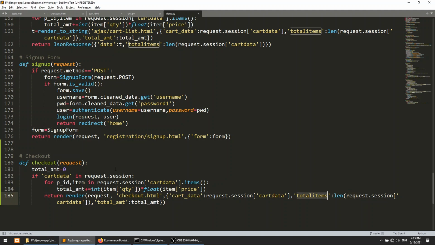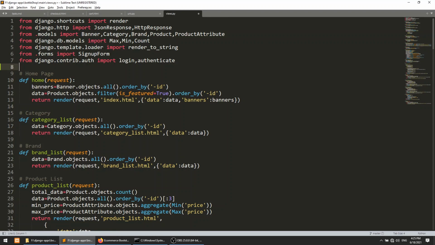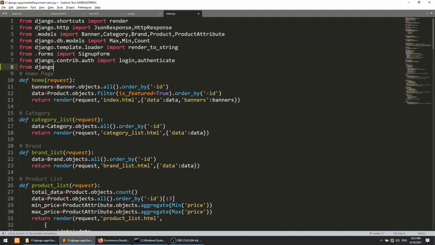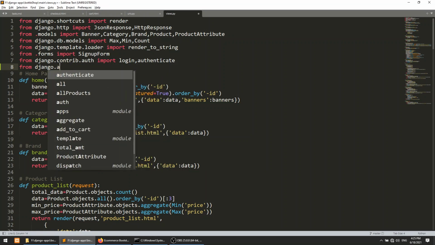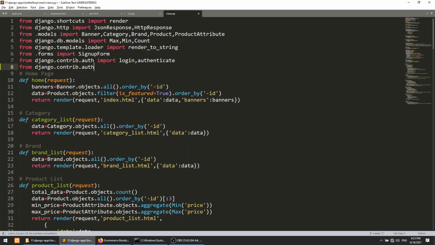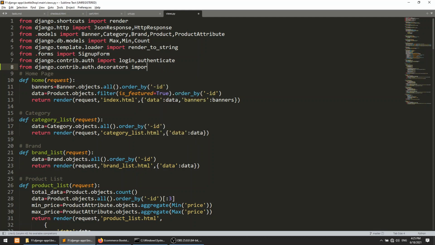So this checkout page should be rendered only if the user is logged in. What we will do here is use a decorator that Django provides us. From django.contrib.auth.decorators we will import login_required.